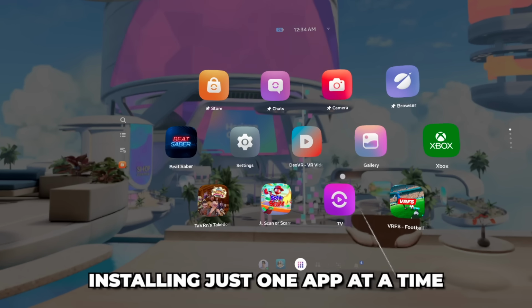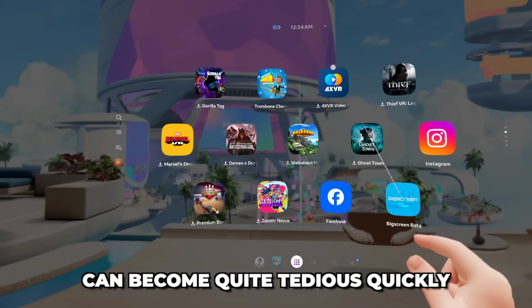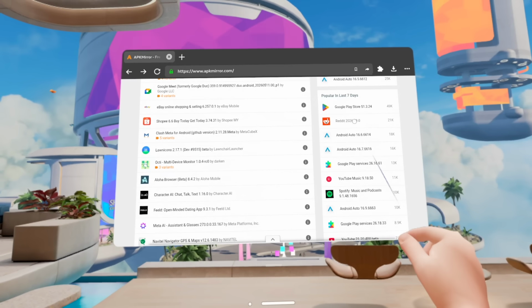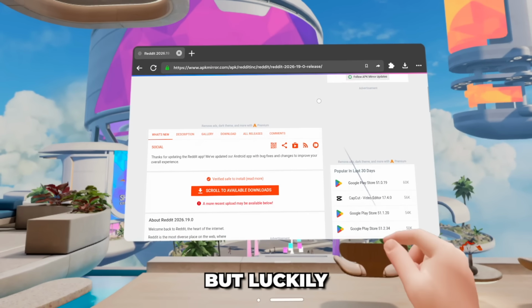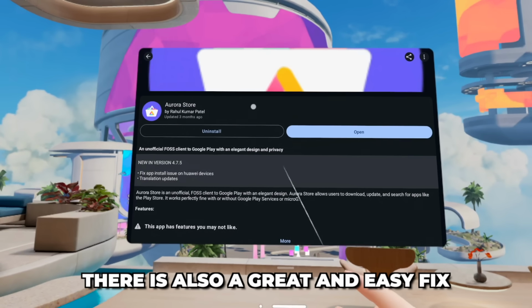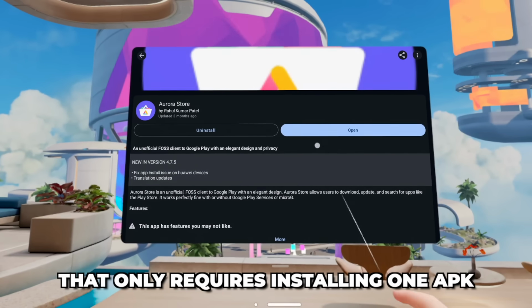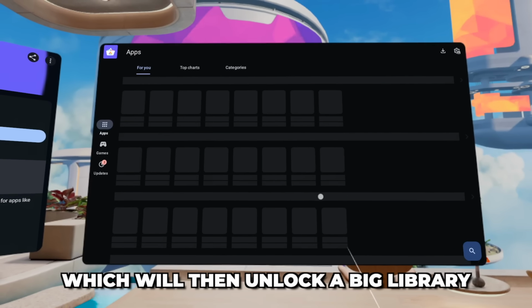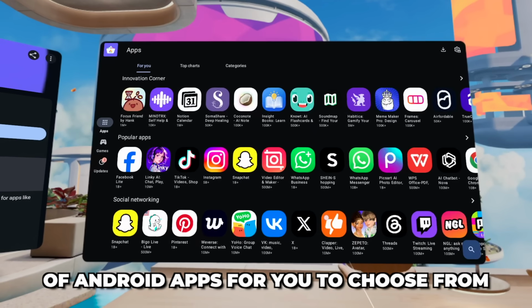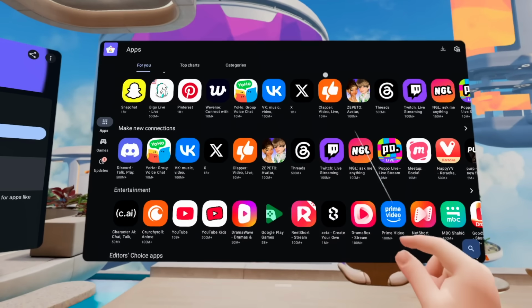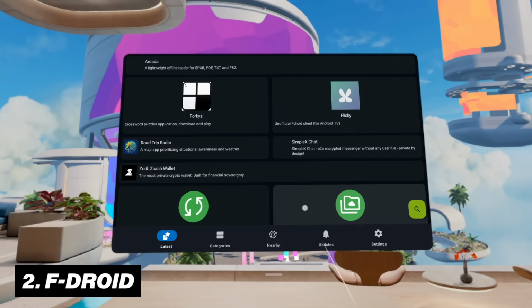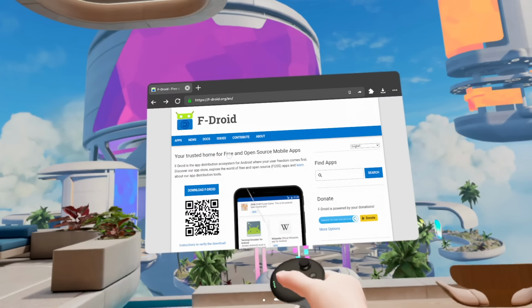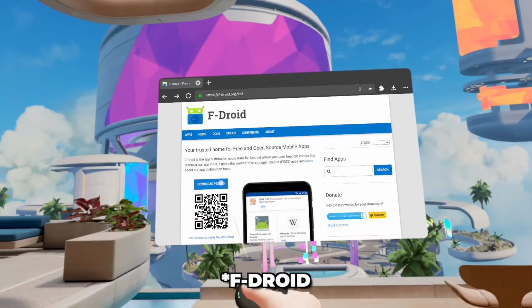However, installing just one app at a time can become quite tedious quickly, and that's not even mentioning finding the correct APK files that can sometimes get pretty difficult. But luckily, there is also a great and easy fix that only requires installing one APK, which will then unlock a big library of Android apps for you to choose from. And the most popular way to do this is also our more advanced method number 2, and that is with something known as VRelity. Now, similar to before, you want to go to their official VRelity website and install it